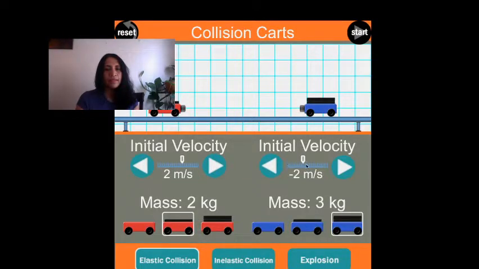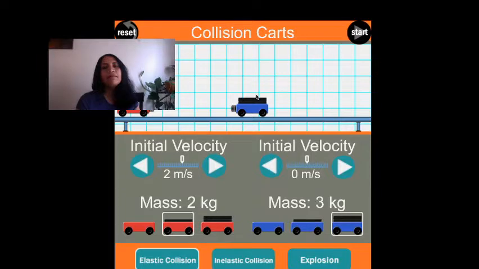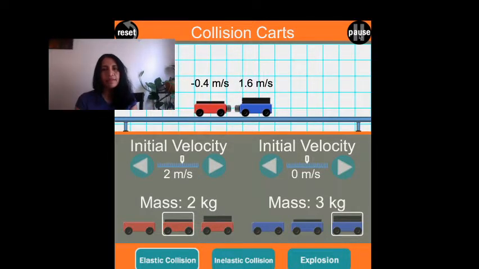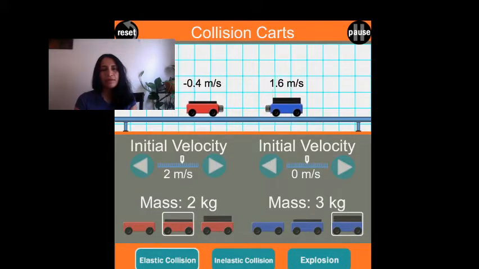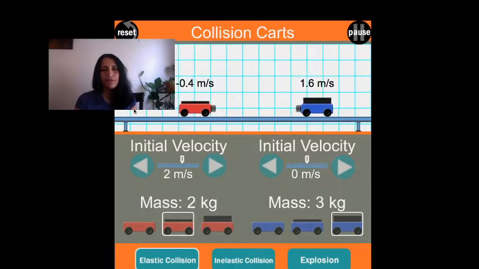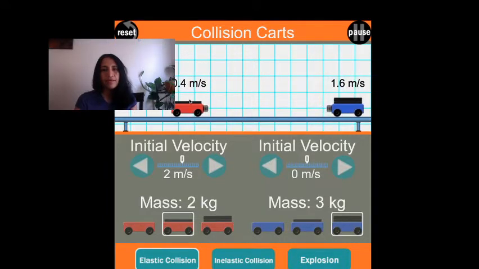Okay, and then the first time we are keeping the initial velocity of the blue card as 0, so you can actually bring it to the middle. I don't think it is given in the instruction, but you can just play around and find the best position for each car, and once it is set, you can use the run button to start the animation, and you can note down the initial velocities of the two cars and the final velocities of the two cars after the collision, and then you can go to